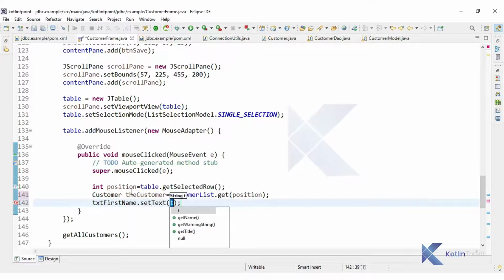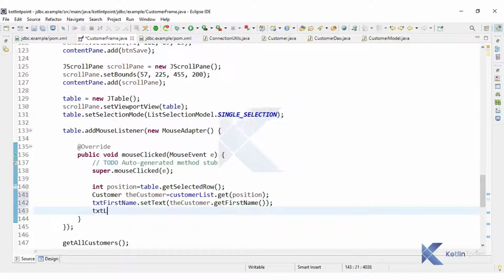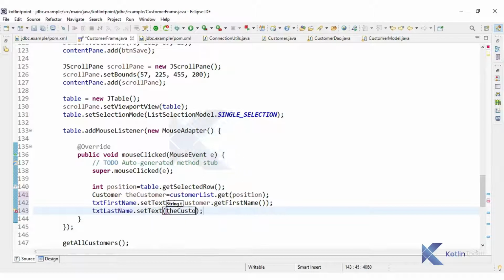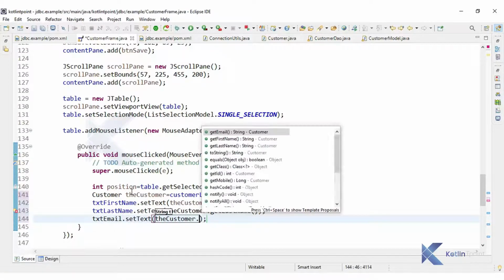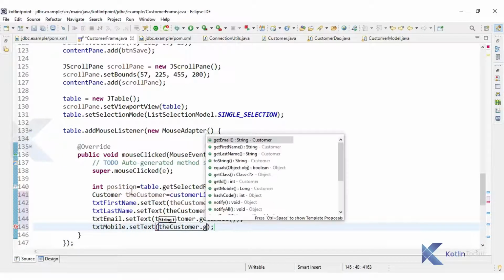So set text the customer dot get first name, then txt last name dot set text the customer dot get last name, txt email dot set text the customer dot get email, and txt mobile dot set text the customer dot get mobile.